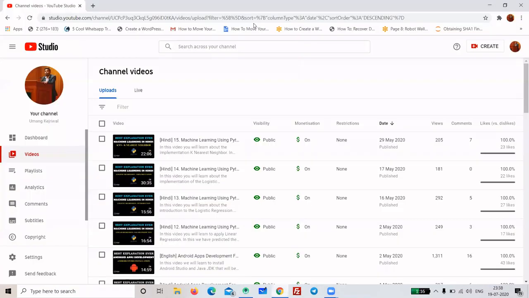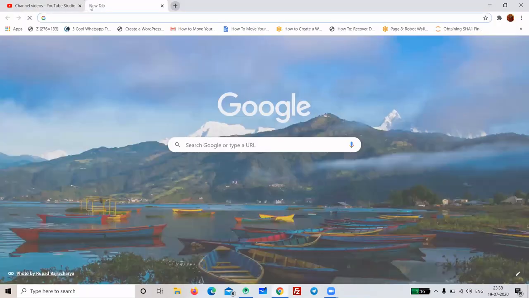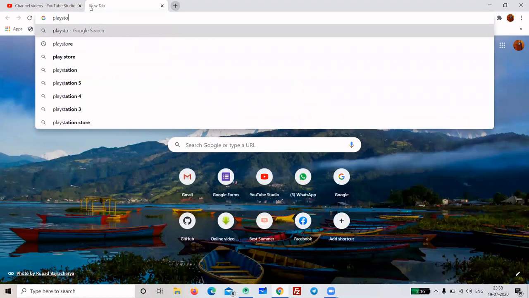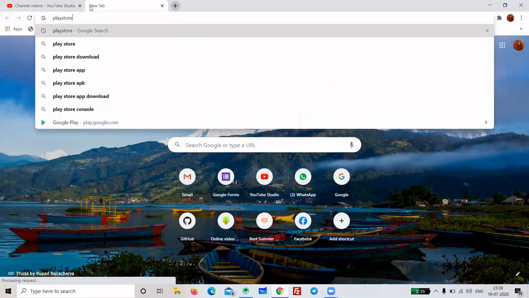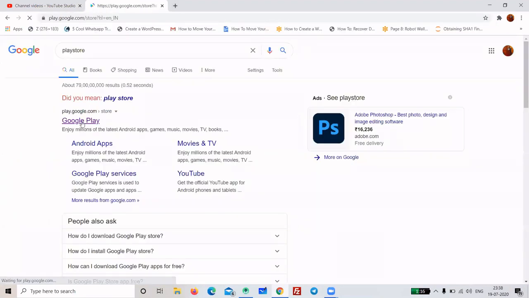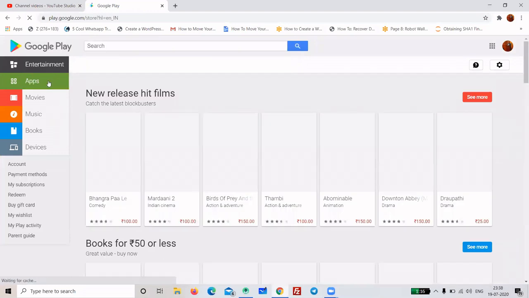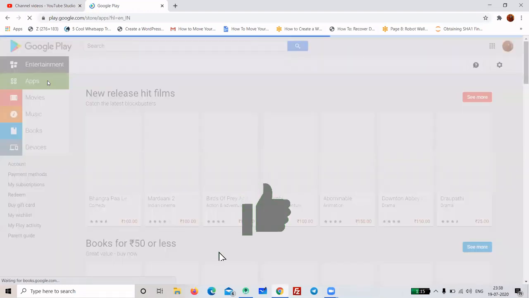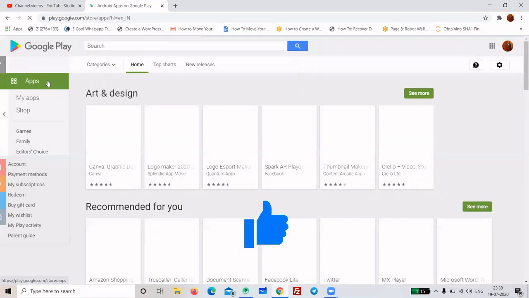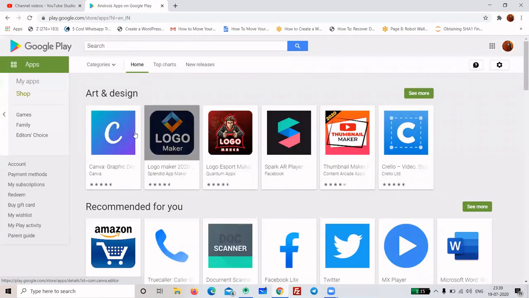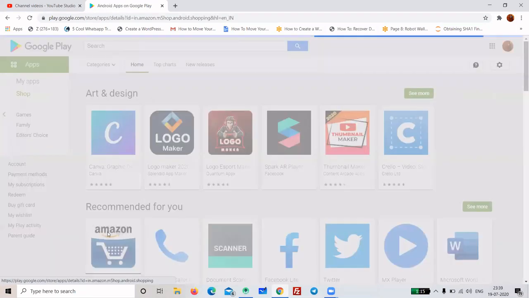If I simply go to Google and open the Play Store, I'll show you. When you download any app from the Play Store, let us take an example of any app. Suppose I'm taking the example of Amazon.